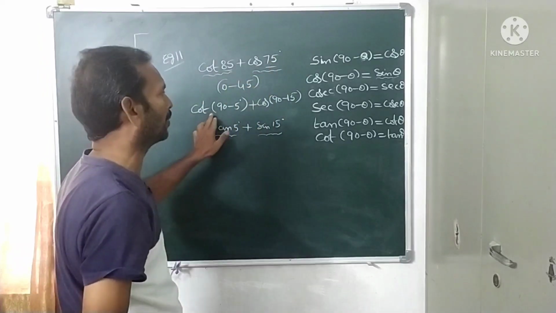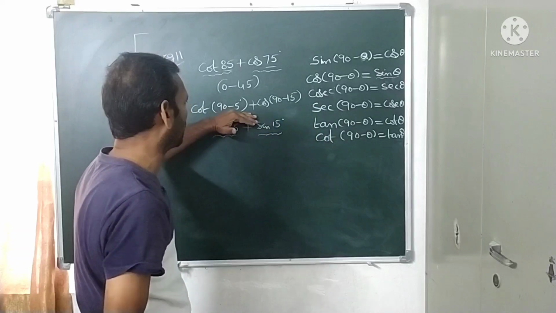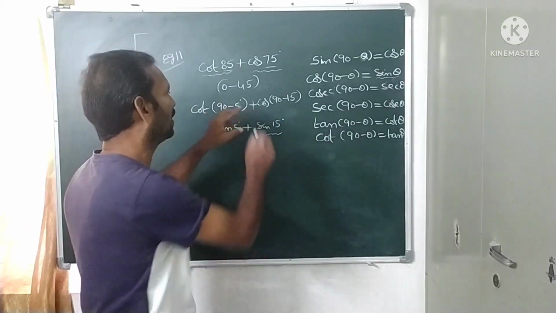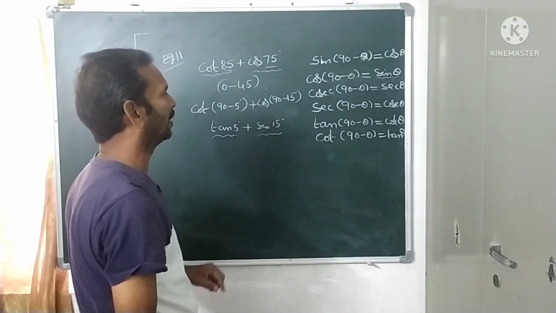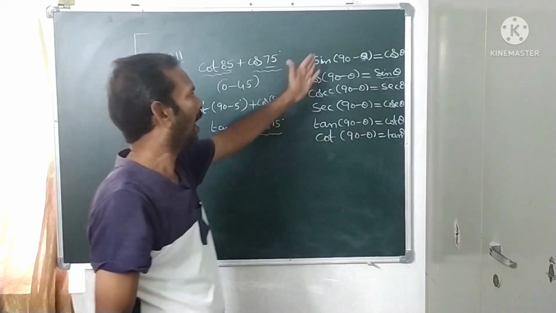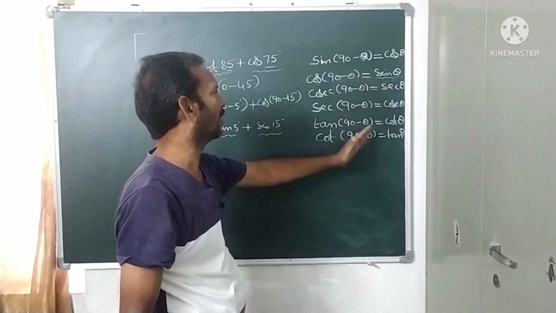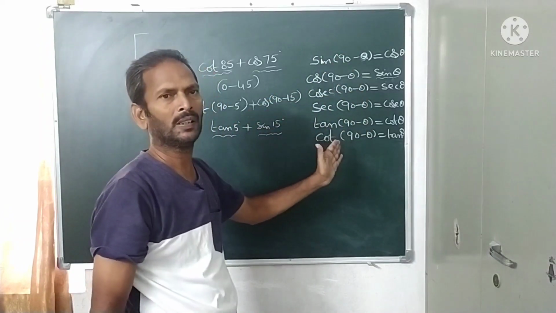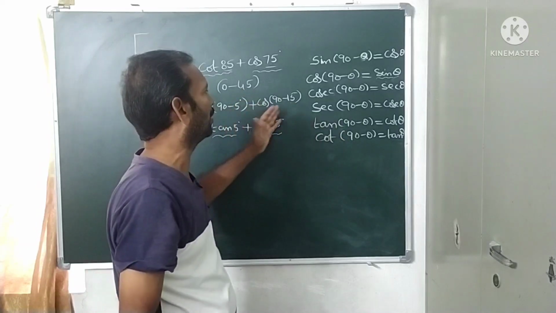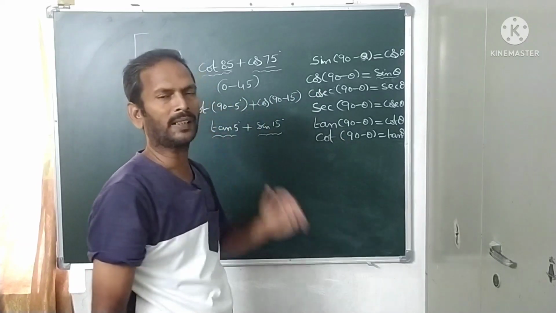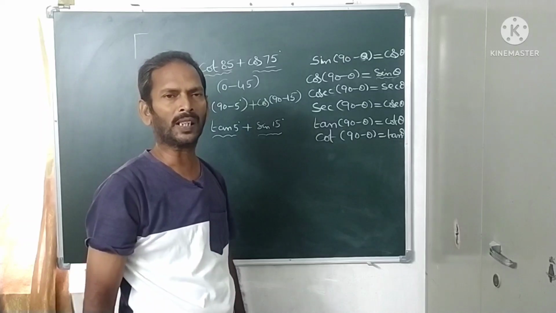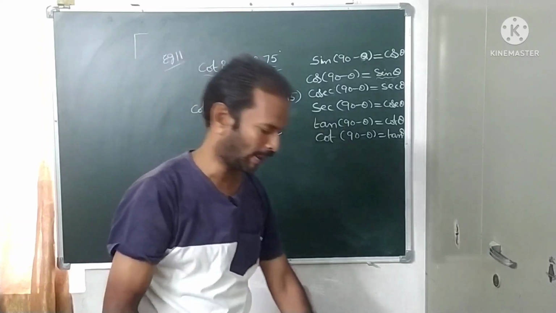So what is the formula used here? Write it between these two steps and keep it in a box, then the problem is easy to understand. I already listed these formulas, that's why I am directly using them from the table. When doing a particular problem, the related formula should be written in the problem itself. Okay, nice. We will discuss exercise problems now.